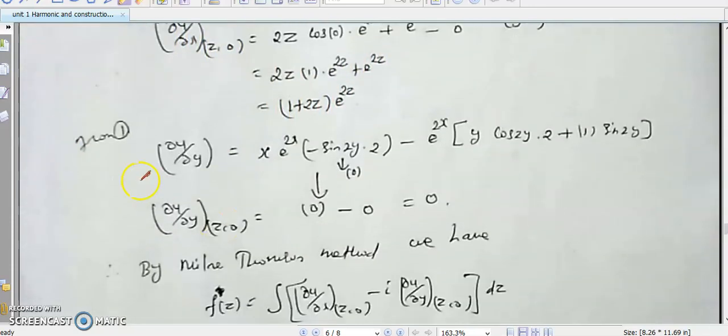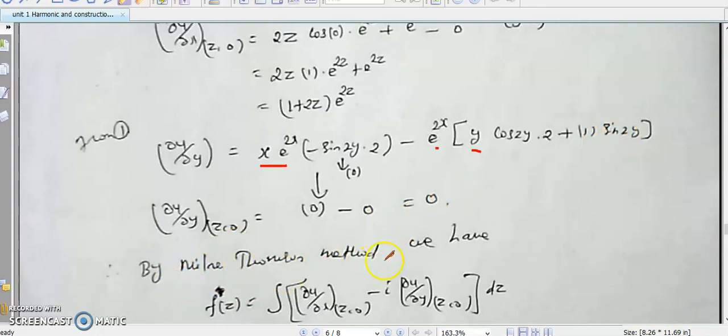Next, similarly, you can find dou u by dou y at the point z comma 0. So for dou u by dou y, these two must be constant terms from the given equation. Differentiation of cos 2y is minus 2 sin 2y into 2, minus, here e power 2x is the constant term, then y sin is present here. So using uv form I can fix y as it is. Differentiation of sin 2y is cos 2y into 2, plus differentiation of y is 1, then sin 2y. Next put at the point z comma 0. So what is sin 0? 0. So the whole function must be 0. Here also put y equal to 0, sin 0 is 0. So the answer must be 0.